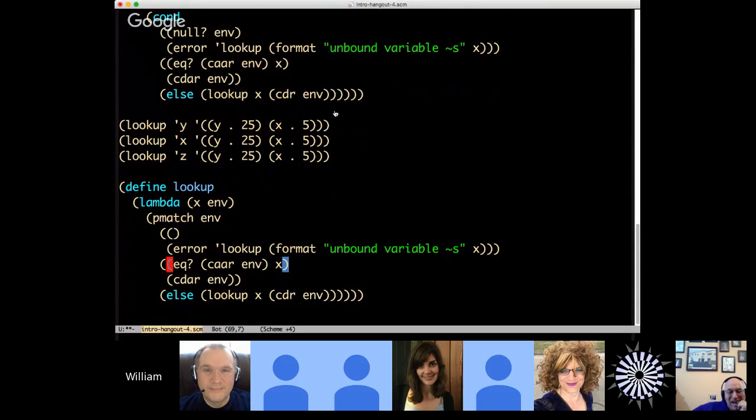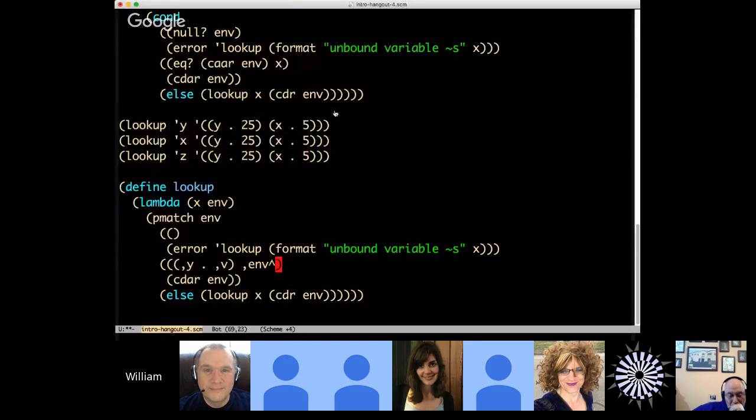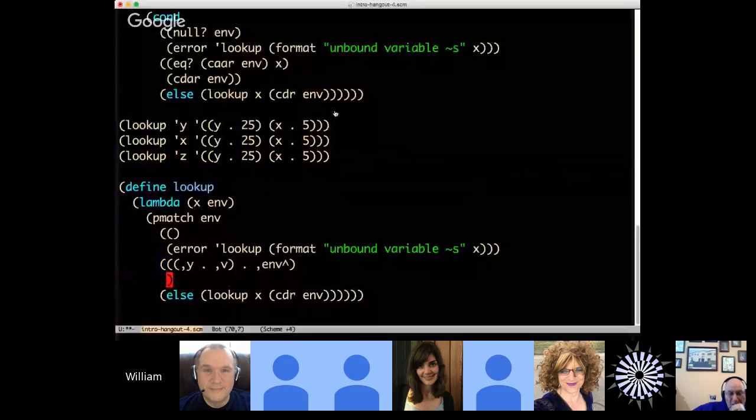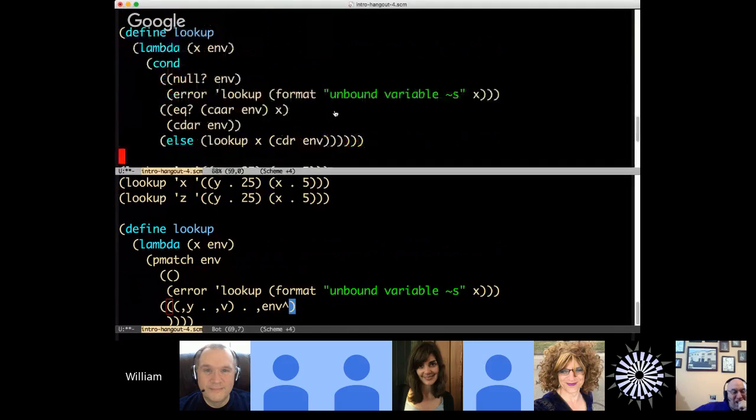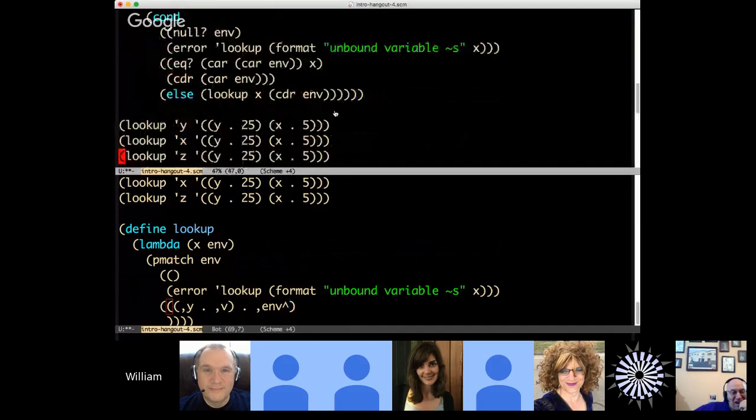And now I could also have something like this, where I have y dot v for value, and then here's the rest of, and that could be a pattern. And so I can actually write down a pattern that looks like the association list. If I grab an association list like this,